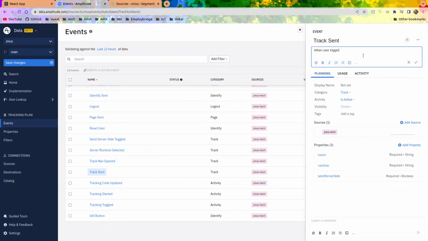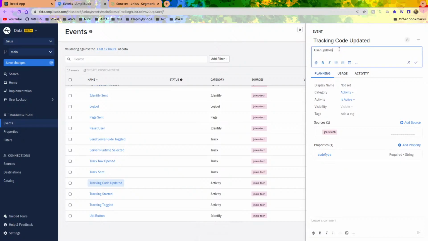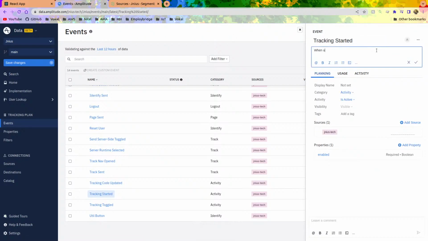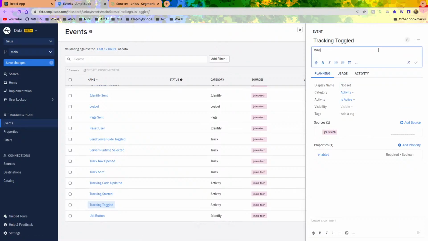When user triggers track event, user updates tracking codes, when user puts in their tracking code on welcome page, when user toggles, enables, disables tracking,